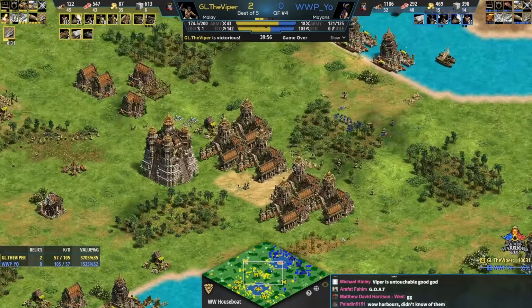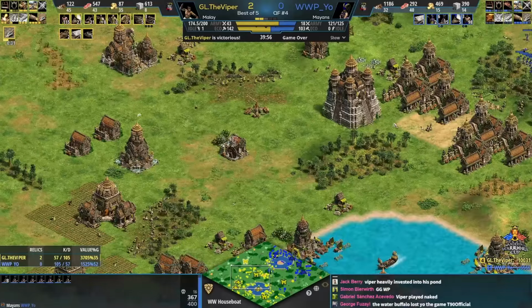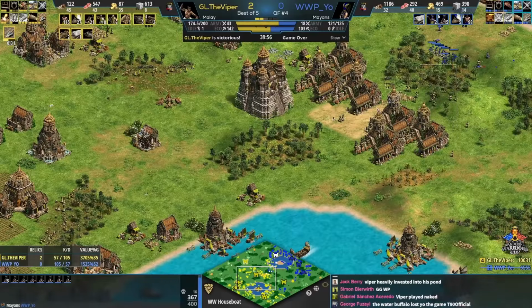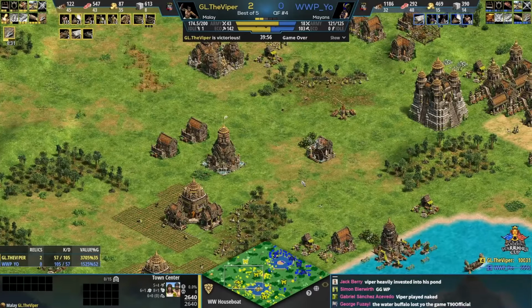Yep. I think both of those things, it's easy for us to say, but maybe would have prevented Viper from expanding. Certainly would have prevented Viper from being able to drop that castle on Yo's middle TC. Or don't even go for that middle TC. Yeah. Save the res, go for a second castle somewhere, right? But honestly, dude, like,